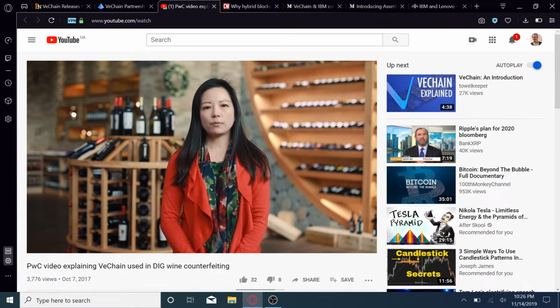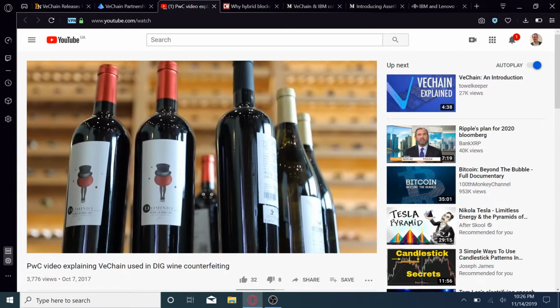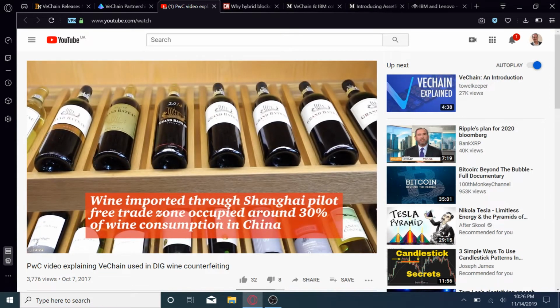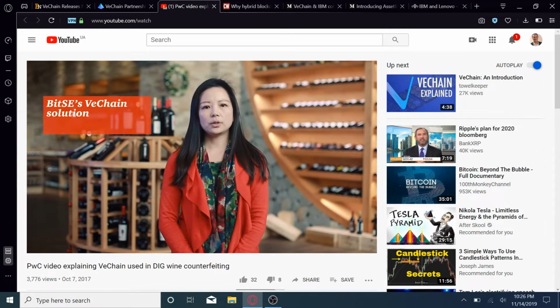The importation of wine increased to 21% in 2016 compared with 2015, and wine imported through Shanghai Pilot Free Trade Zone occupied around 30% of the whole China. In order to provide a more trusted channel to Chinese market, we decided to establish a traceability system of imported wine with the support from government. After comparing a lot of solutions, we decided to adopt the VeChain solution and the blockchain assurance services provided by